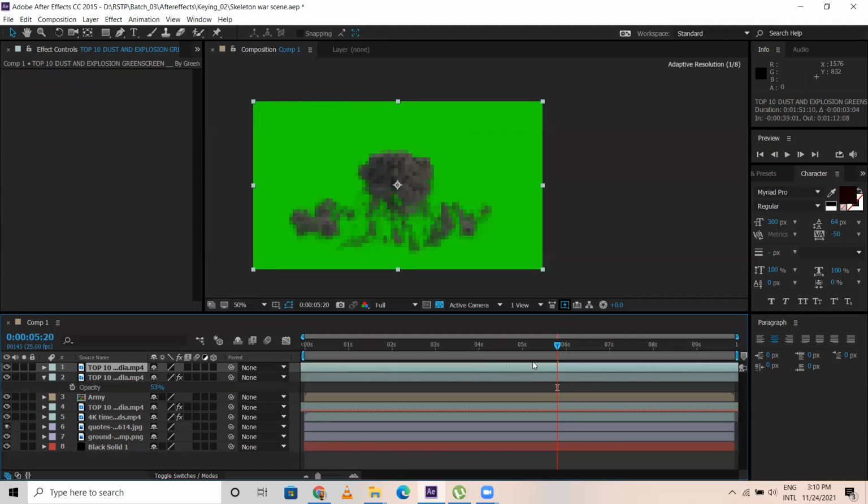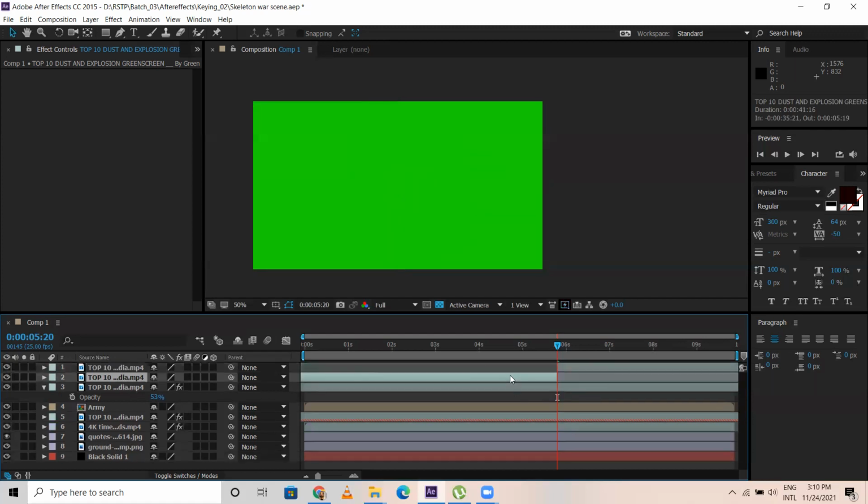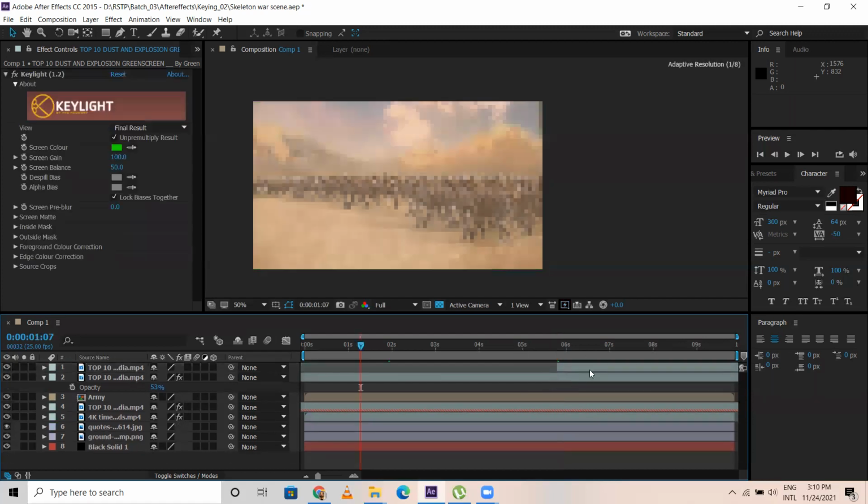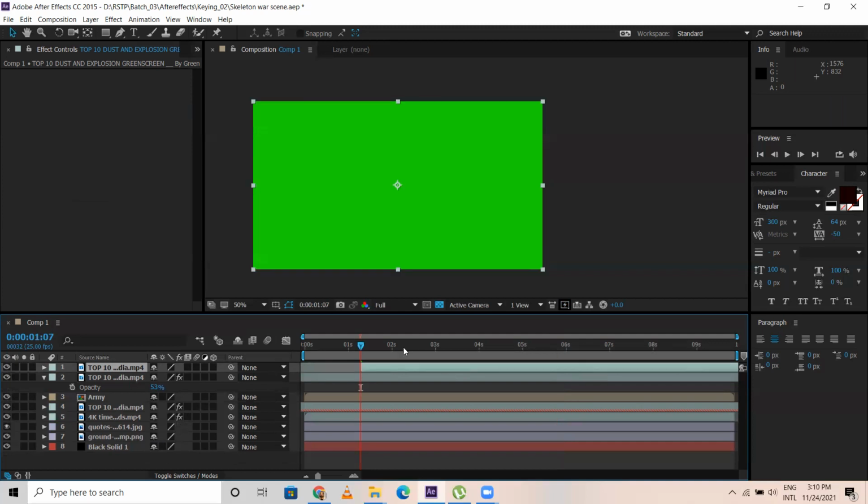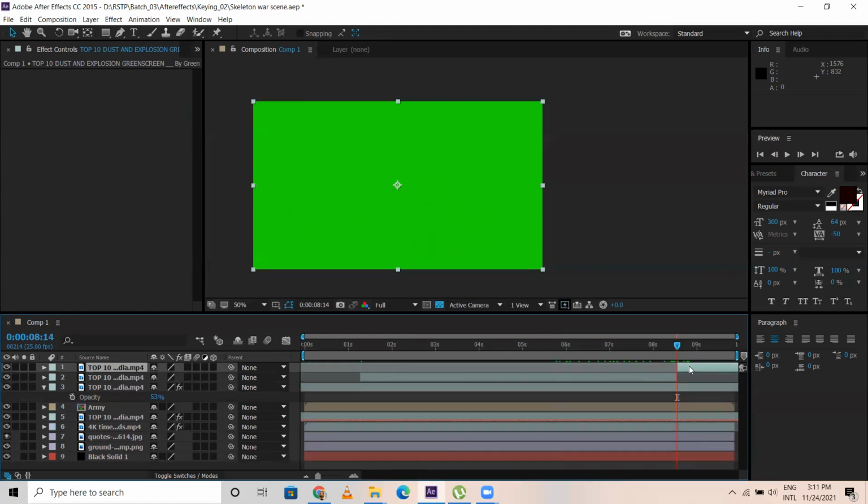I can have this. Control Shift D, select this, delete. Somewhere here. So Control Shift D, I can duplicate this.